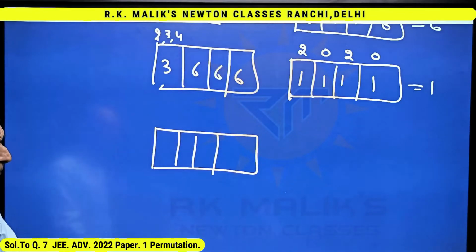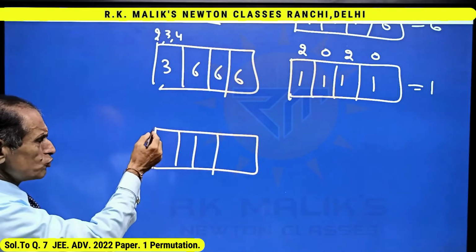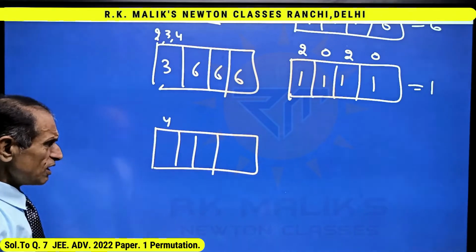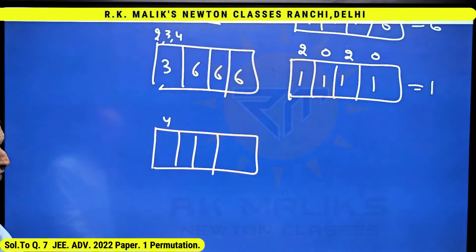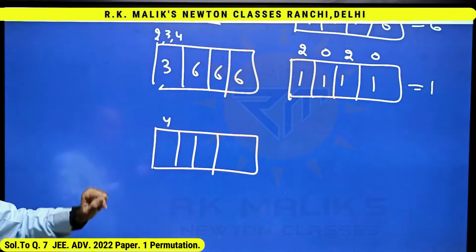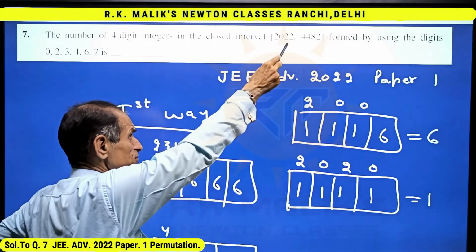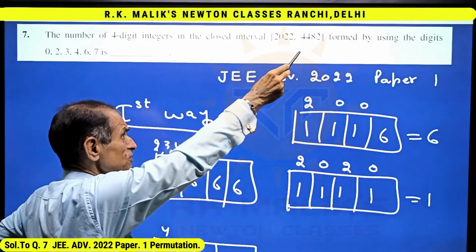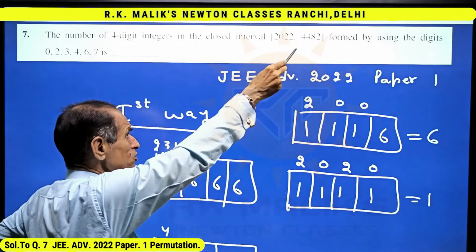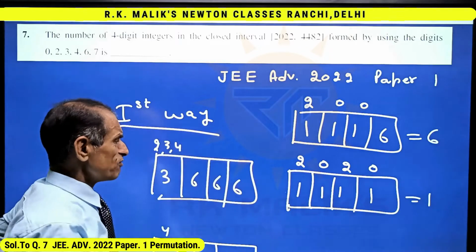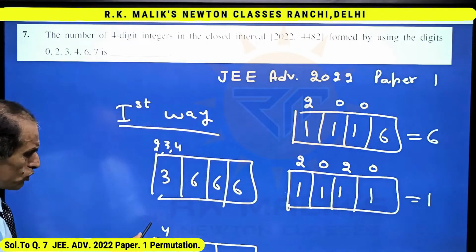For this to happen, the number should have 4 in the first place only, because if 2 or 3 comes in the first place, then the number formed will be less than this. But I am going to find the numbers which are more than 4482 and have 2 or 3 or 4